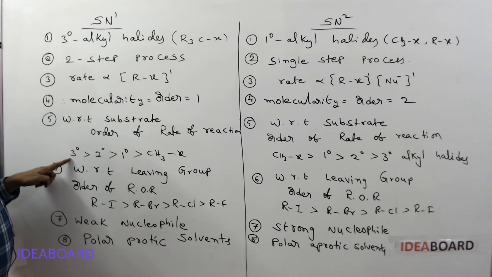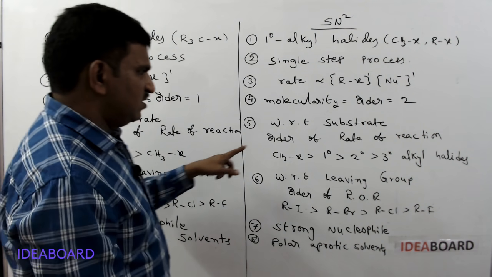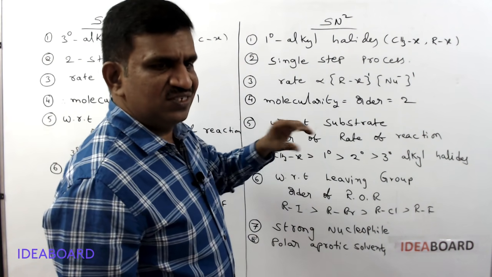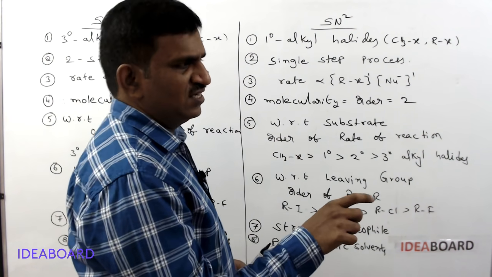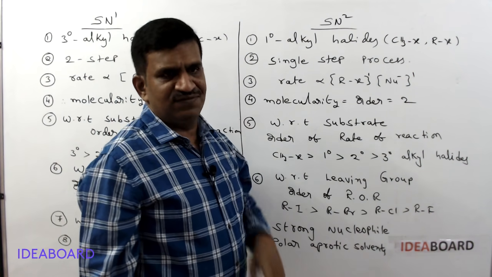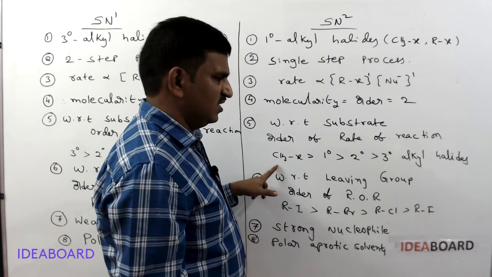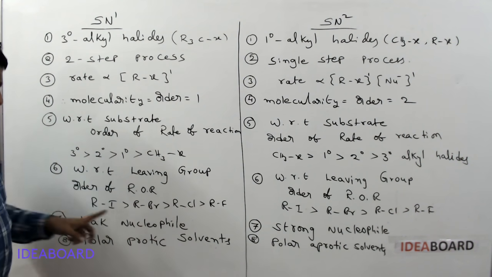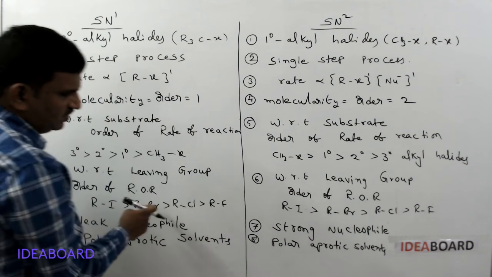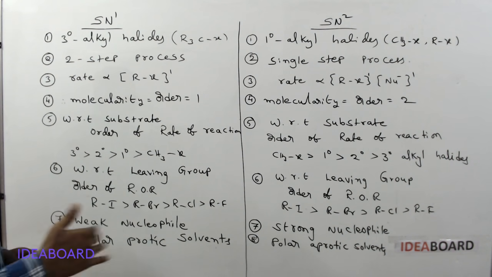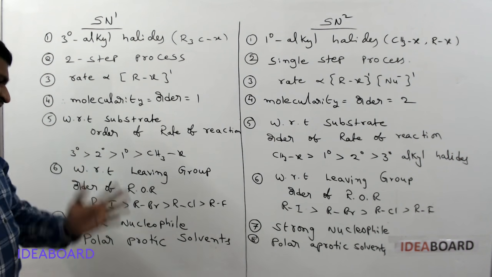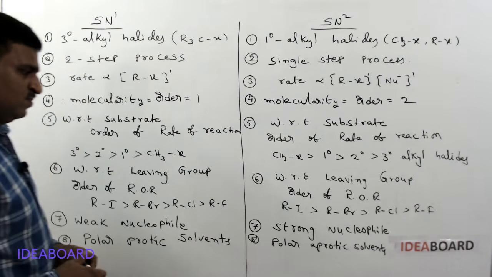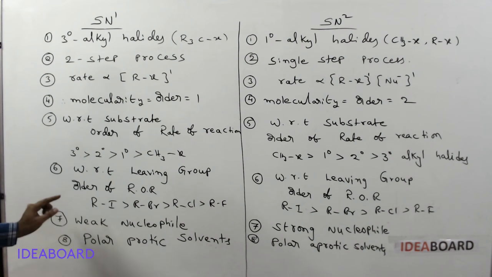Here the carbocation that forms is more stable for tertiary. In SN2 it is not forming a carbocation. This is based on steric hindrance. Reactivity depends on steric hindrance. If a compound with less steric hindrance is taken, it has more reactivity. So methyl halide has very little steric hindrance, so it is more reactive. With respect to the leaving group, the order of rate of reaction is the same for both, because whenever the leaving group leaves easily, either the carbocation formation or the nucleophile attack occurs easily. So the leaving group order is the same for both SN1 and SN2.